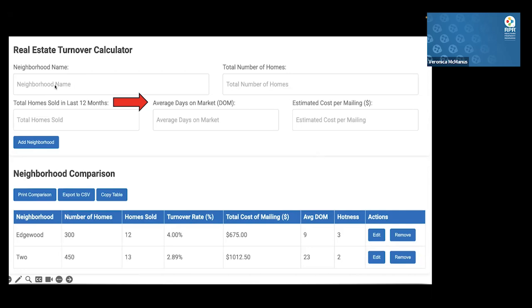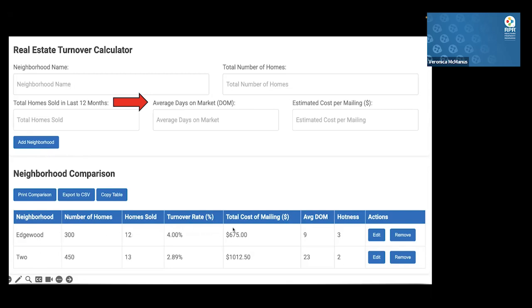So for example, if you use the 3 different zip codes in New Bedford, your first neighborhood name would be the zip code, or whatever you name that, one of those 3 zip codes. And then for your next neighborhood, the next zip code, just click here and fill in this information. Then once you're done, you'll be able to have this feature down here where it will compare the neighborhood, number